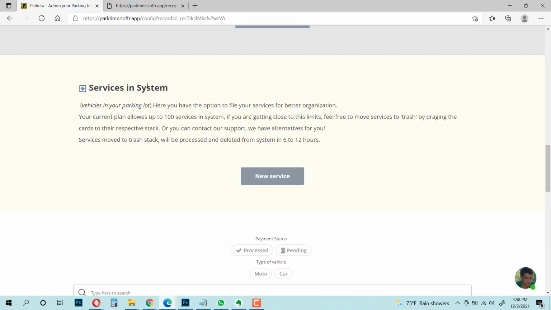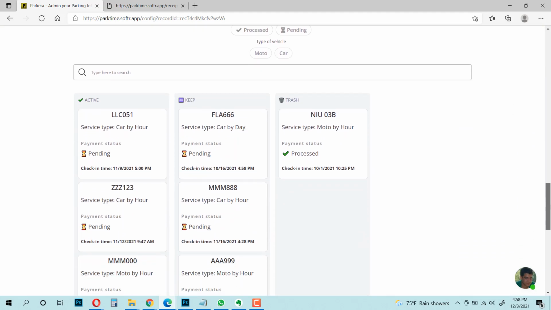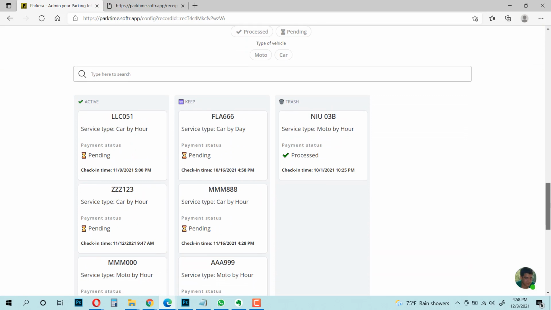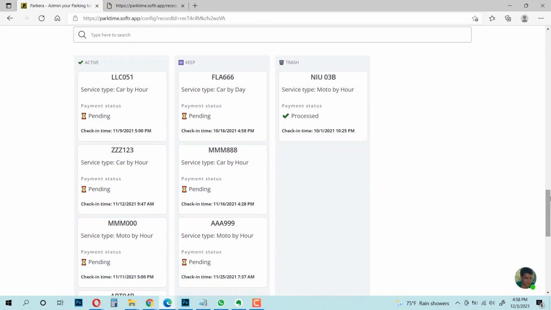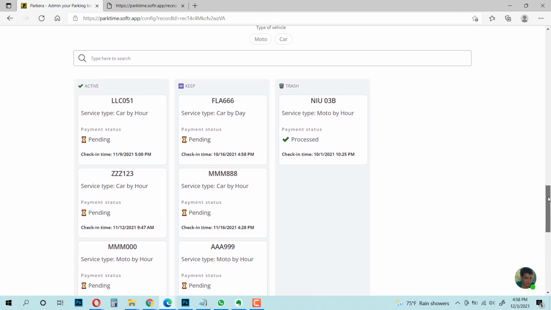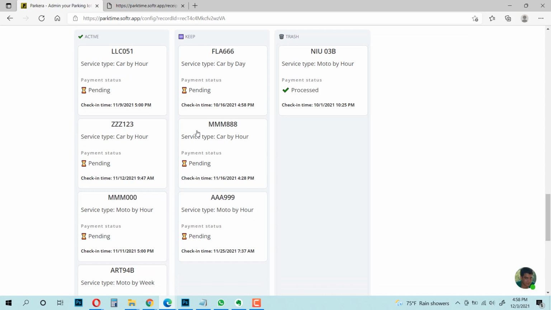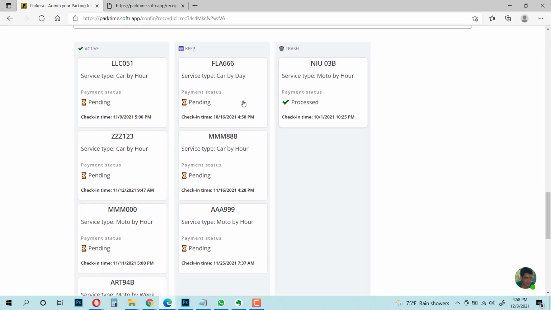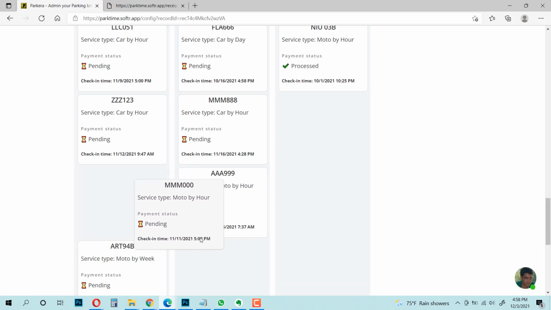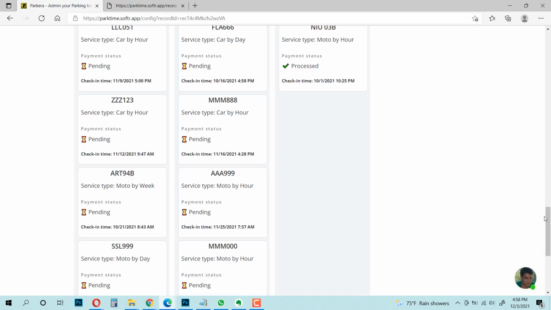Down here, we can also see all the services in the system, so we can modify the filtering or the tagging in a faster way. For example, you have all these active services, you want to move them to the pile or column of keep, simply drag them.